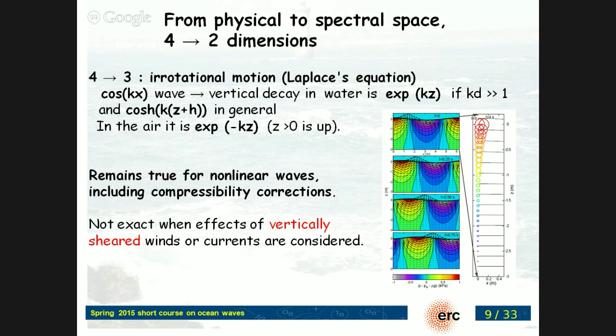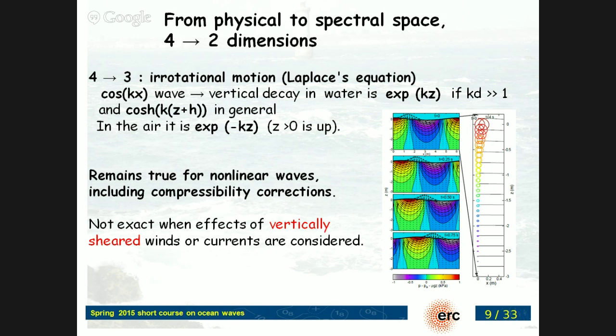have any motion which satisfies the Laplace equation, you can, if you write a wave as a cosine of kx, with k the wave number and x the horizontal position, if you plug that into the Laplace equation, you will naturally get a vertical dependence which is exponential. That's just because as you put the cosine into the Laplace equation, the solution gives you an exponential vertically. So that is removing one of the 3 dimensions.